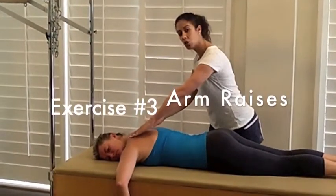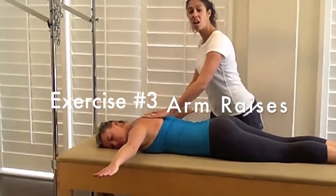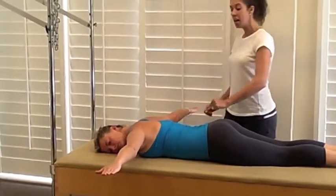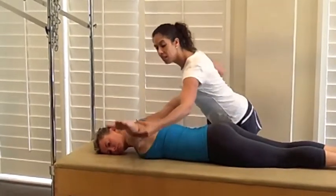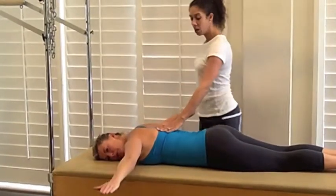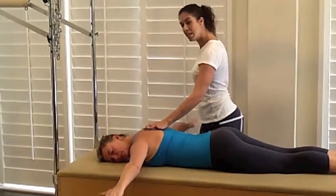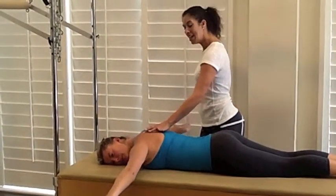The shoulders are going to draw down into the back pocket again, arms extended. I want the arms to hover about 1 inch off the floor. And all she's going to do is raise the arms and lower the arms. Raising them and lowering them. The whole time she does this, she's feeling the shoulders draw downwards into her back pocket to keep them out